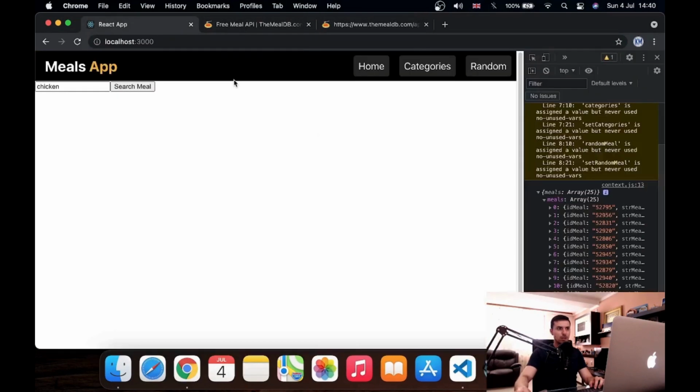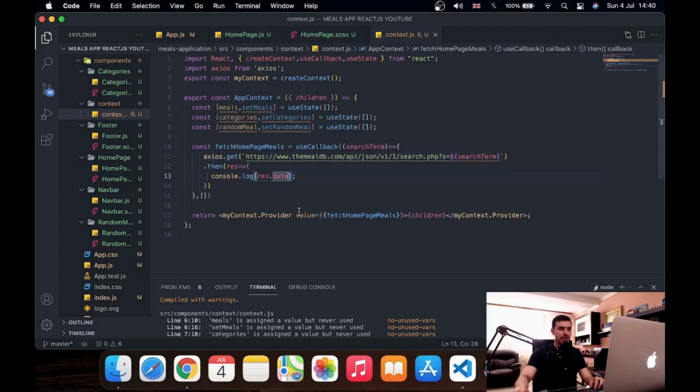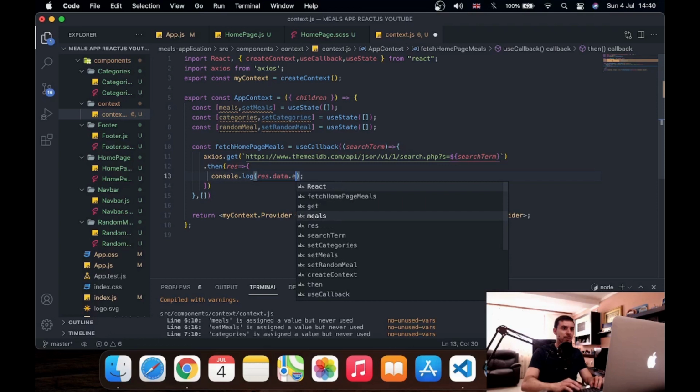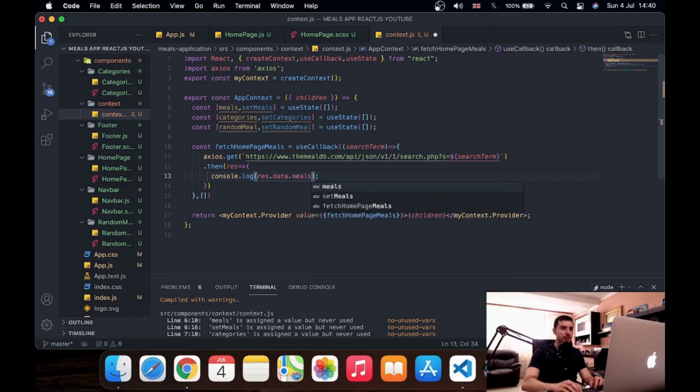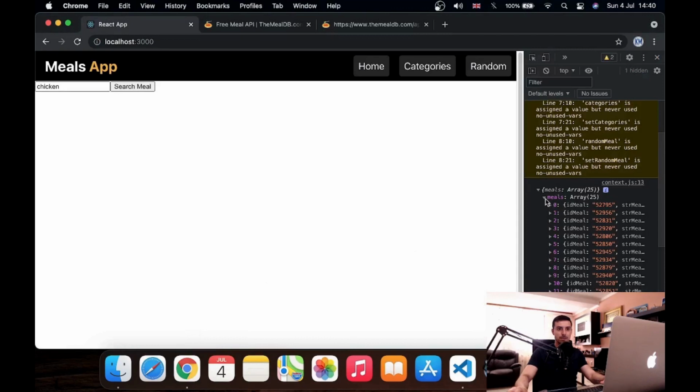So we need to say right here, when we fetch it inside the context, res.data.meals. So if I do this, we'll be able to see directly the meals instead of this meals